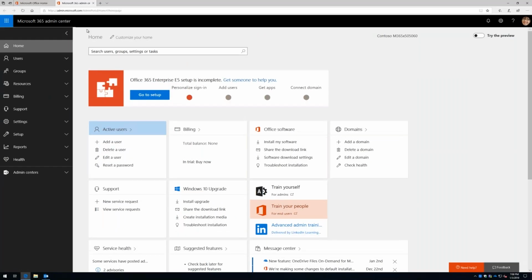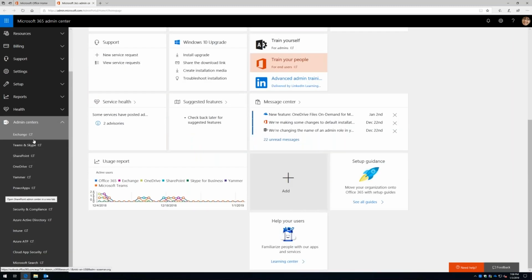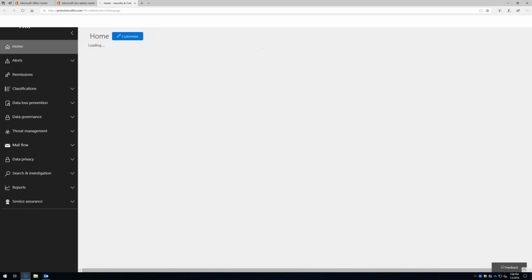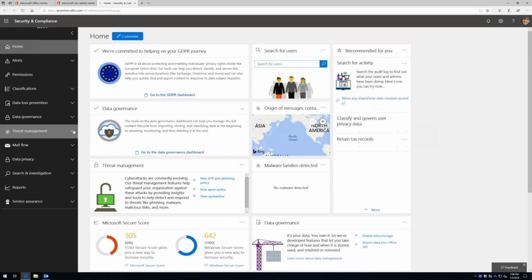So where do we start when it comes to protecting our inbound email and our outbound email for that matter? Well, really all things revolve around the Security and Compliance Center in Office 365. So when I log in here, we're going to go over to Admin Centers, and we're going to go down to Security Compliance. You could also get here by going to protection.office.com. Now I'm an admin, so you have to be an admin to be able to log into this. And then when I go into Threat Management,